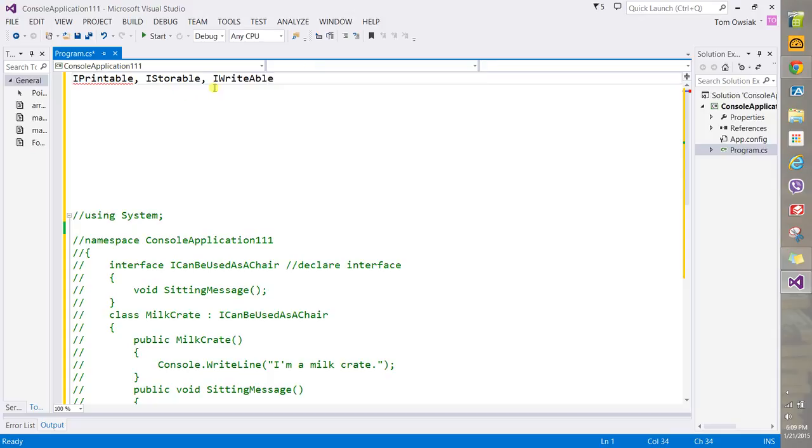You see? There you go. In other words, it can be used as a writable object. It can be used as a storable object, and it can be used as a printable object. Okay, so think here in terms of "can be used as." There you go. Now, in our case, I'm going to give you some physical example that I hope you